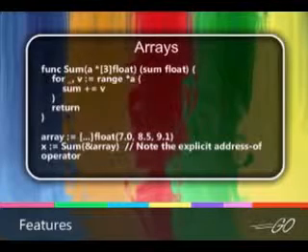In particular, if you pass an array to a function, it will receive a copy of the array, not a pointer to it. The size of an array is part of its type. The value property can be useful but also expensive. If you want C-like behavior and efficiency, you can pass a pointer to the array.